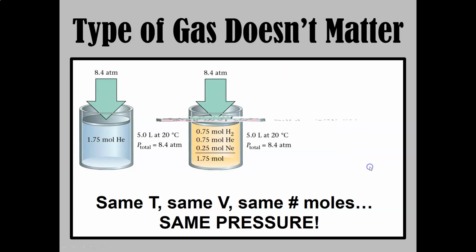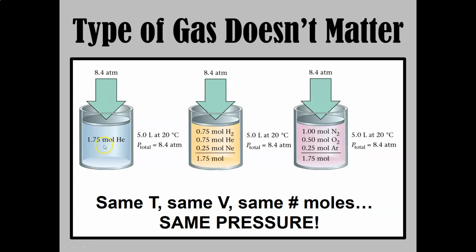So if you look at these 3 examples here, in the first container, I have 1.75 moles of helium. I have certain temperature and volume conditions. Think about our ideal gas law, PV equals nRT. We can calculate the pressure. Well, over here, in this container, I have 0.75 moles of hydrogen, 0.75 moles of helium, 0.25 moles of neon. I have 3 different things, but the total number of moles is the same, isn't it? Which means if we're at the same volume and same temperature, we'll have the same pressure being